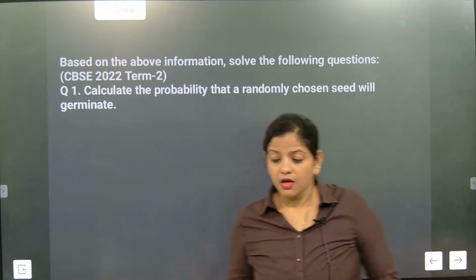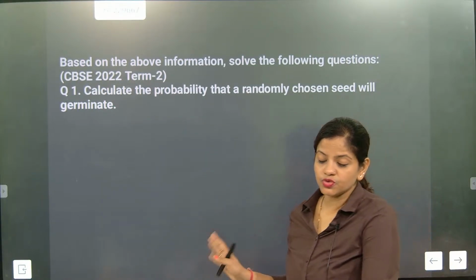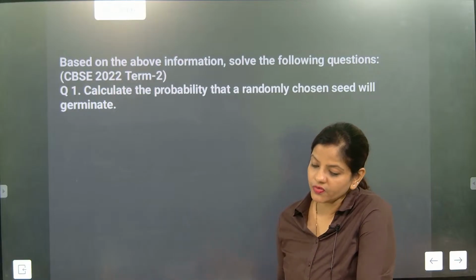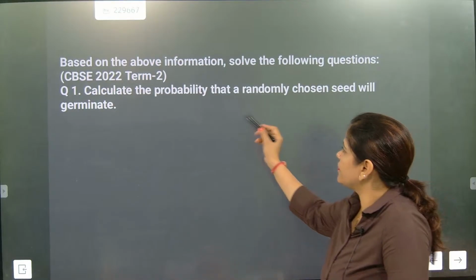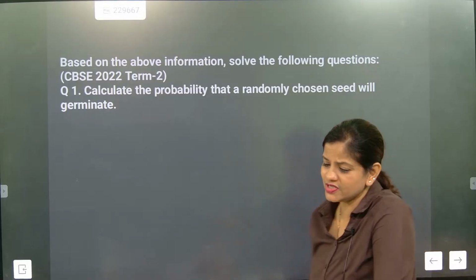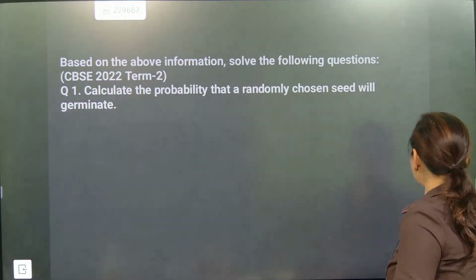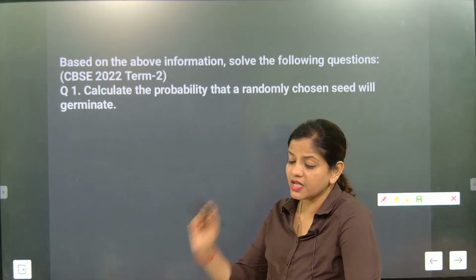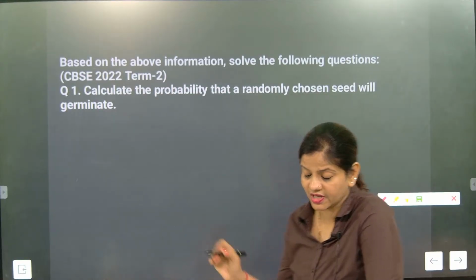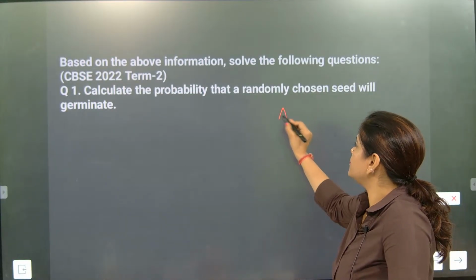So now, beta, we need the probability that a randomly chosen part will germinate. For this, what work do we have to do? Three different qualities of seeds are there. What are the three different qualities of seeds? First check the ratio part. Our work is to select the content and solve it very carefully. This type of question, how to solve, I'm telling you. So three different types of seeds are